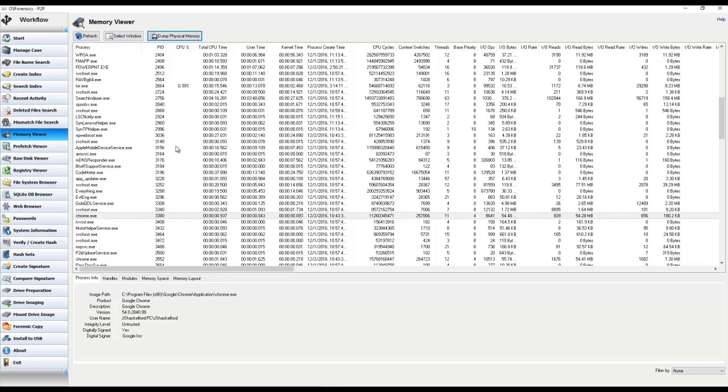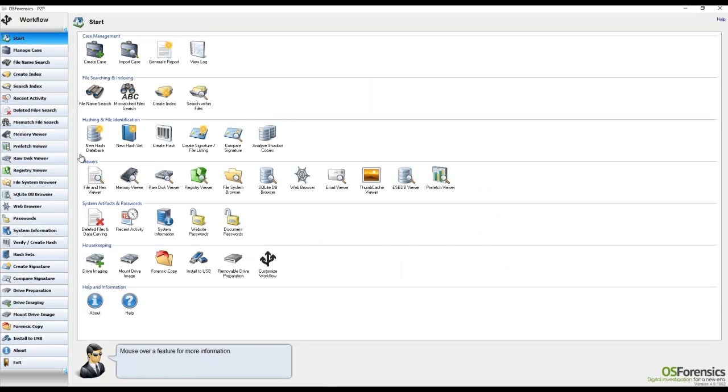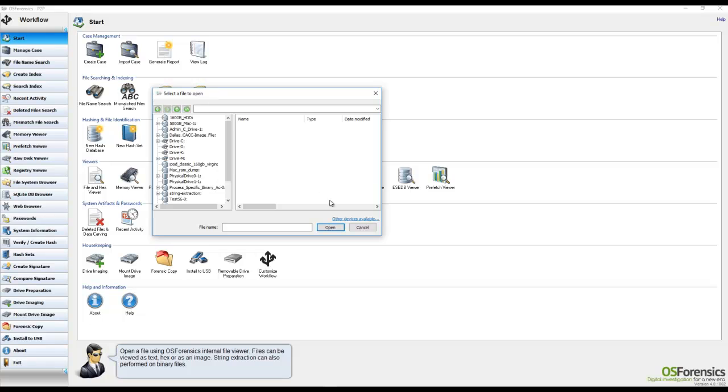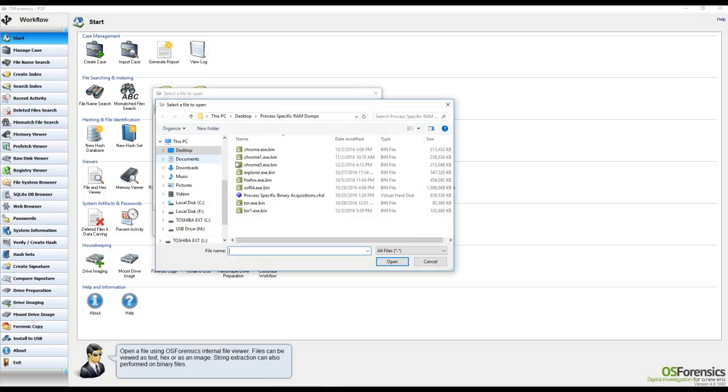One very fast and simple way to process these images with OSForensics is to just open them up with the OSForensics file viewer, which is located on the start screen and is called right here the File and Hex Viewer. If you want to go ahead and click on that, you'll just point the file viewer to the location of your process-specific binary file that you've stored. So in this case here, let's use one,